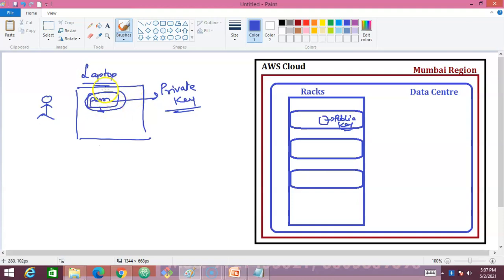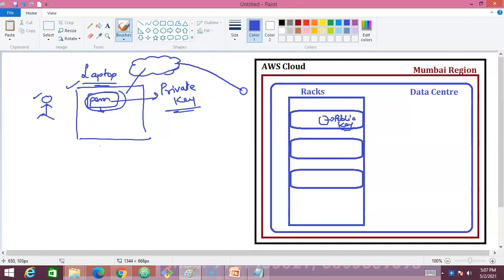So what exactly are we trying to do? This is me at home with my private internet connection, and my laptop is connected to this internet. Through the internet, we can access AWS from Amazon.